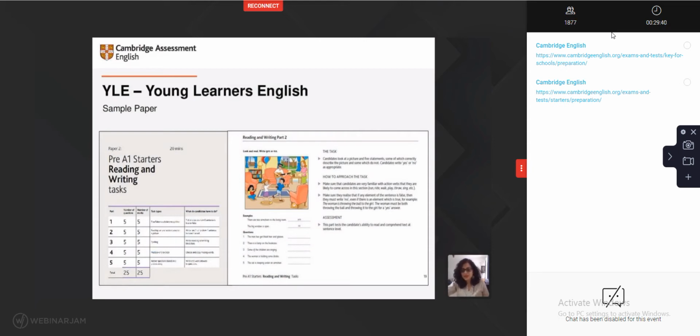So you can see a visual on the left hand side. Now this is reading and writing part 2. So we have part 2 over here in the table, and we have a sample task from the reading and writing part 2. Now, it has been described here, there is one picture, there is an example, and there are 5 questions which the candidate has to attempt. So the candidate looks at the picture, reads the question, and writes yes or no. So it's a very simple task, but it tests a lot of